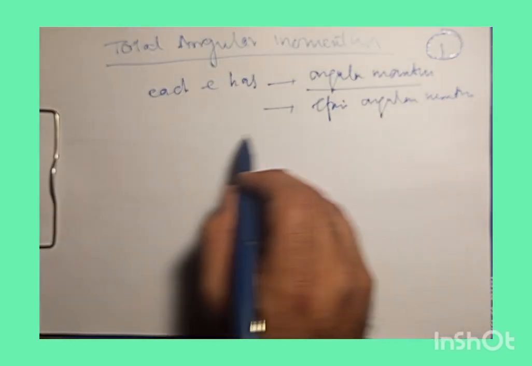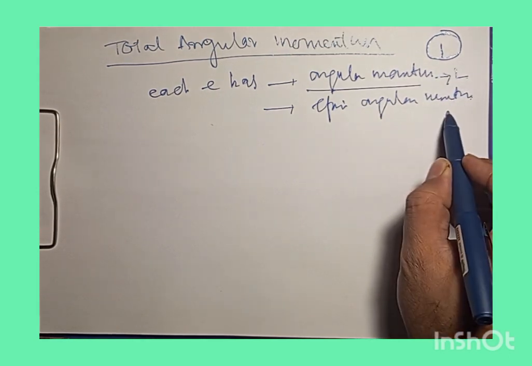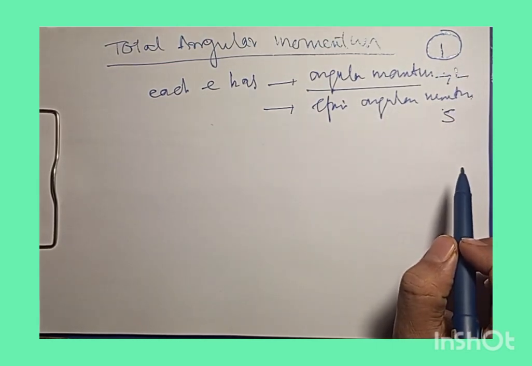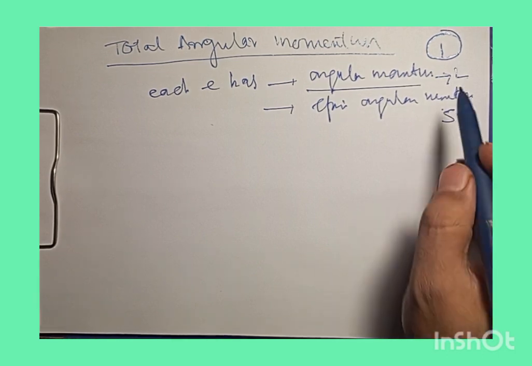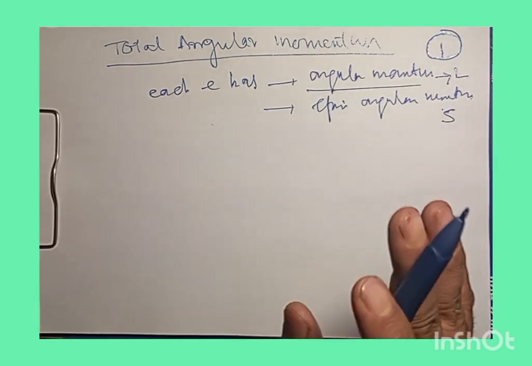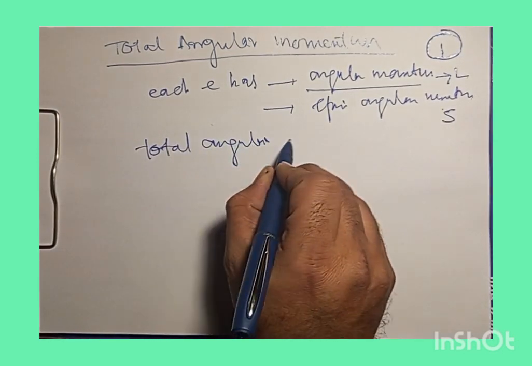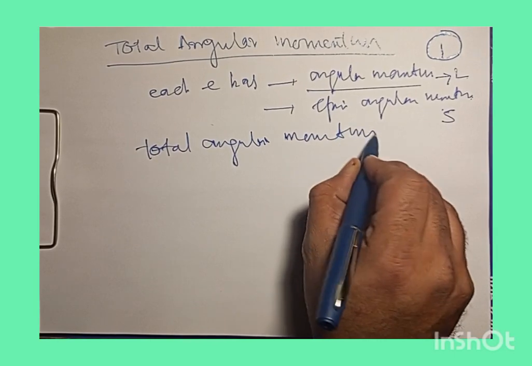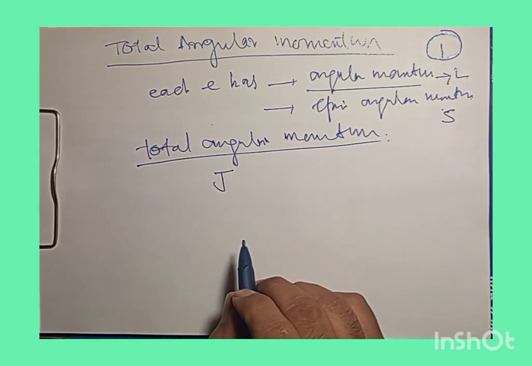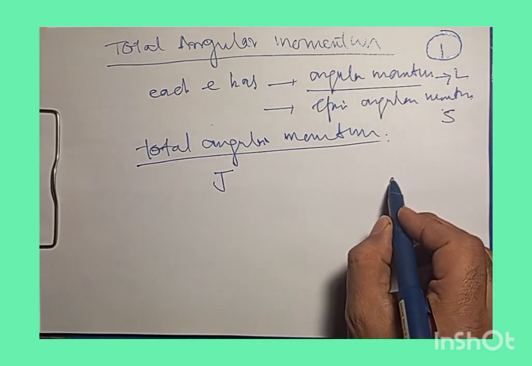We have symbolic presentation for orbital angular momentum as L, and for spin we have S, and they are vectors. What we are trying to say is that this orbital angular momentum and spin angular momentum contribute to the total angular momentum, and this total angular momentum is the vector J. And if we consider an atom whose total angular momentum is provided by a single electron,